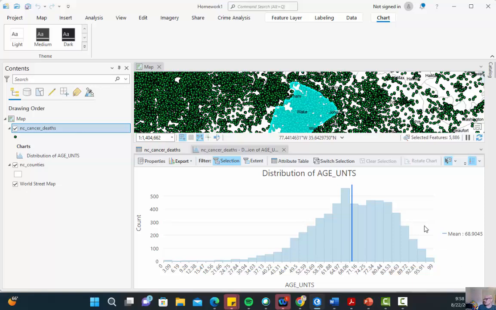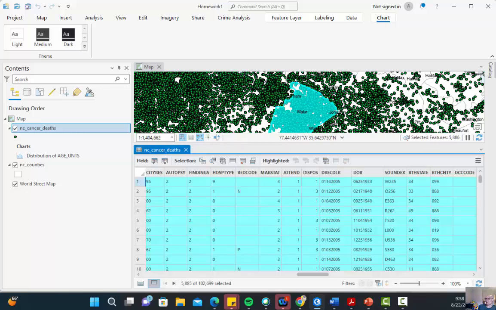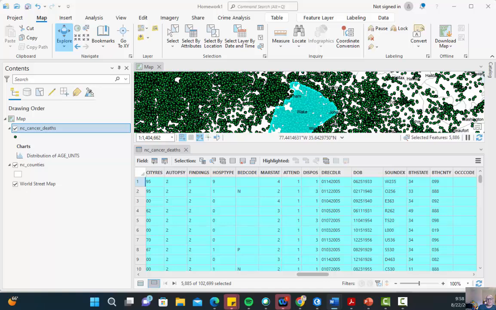I can right mouse click on this and export this graphic as a table, or export it as a graphic that I can copy to my clipboard or do whatever I want with. Now, what I'm going to do here as part of this table is make a nice big table that tells me